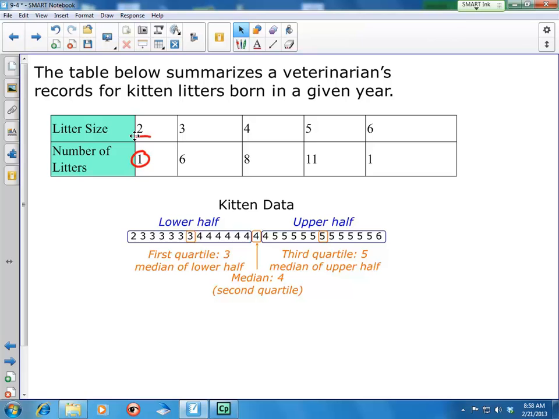Now, it's placed down there in sections like that, so we can actually see the numbers. Okay, they've arranged them in order from least to greatest because we know that's what we have to do if we're going to find the median. Okay, now when they did that, the median is 4 right here, which they could call our second quartile. Okay, now the first quartile, or the lower quartile,